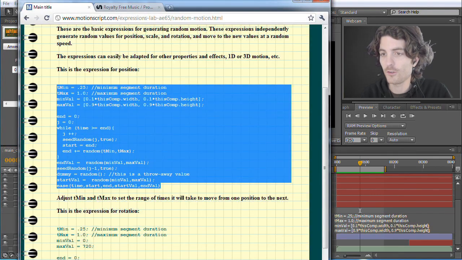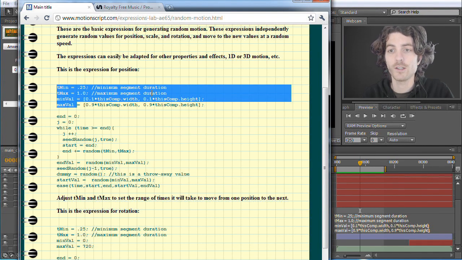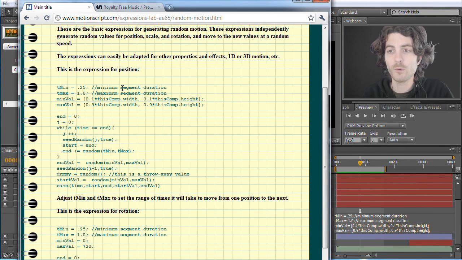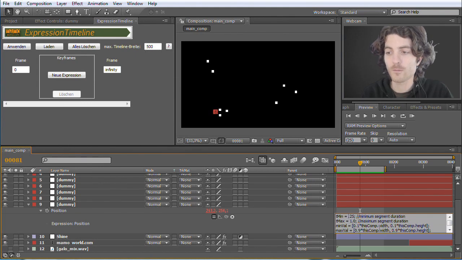So the expression, also if you look at it here, has at the beginning a few variables, a few parameters that you can change. You can see the first is minimum segment duration and maximum segment duration. So this is how much time it uses for one movement, or one random part of the movement. This means if we enlarge these two values, the movement gets slower. So it just determines the speed of the movement. So let's put this here to 4.25 instead of 0.25,